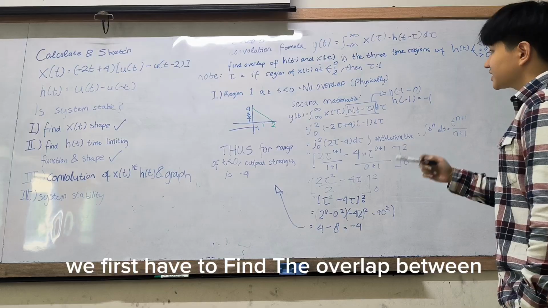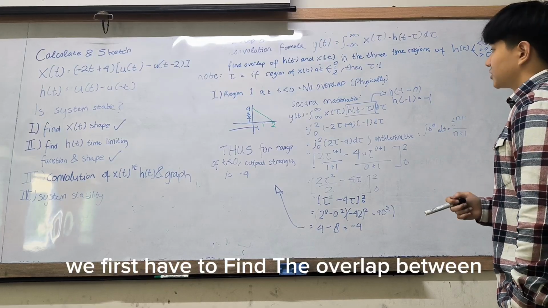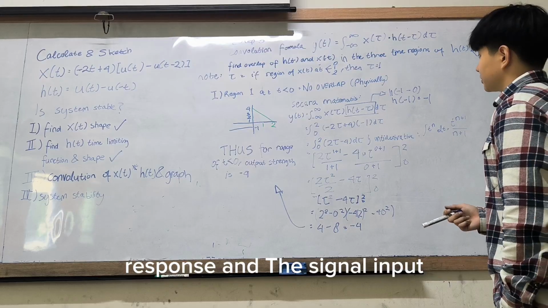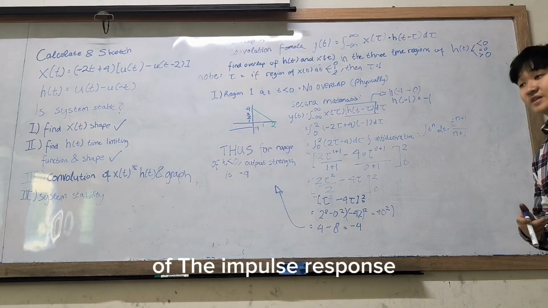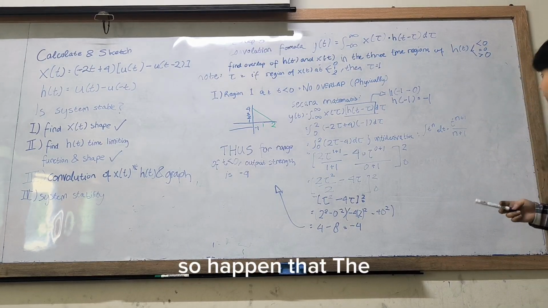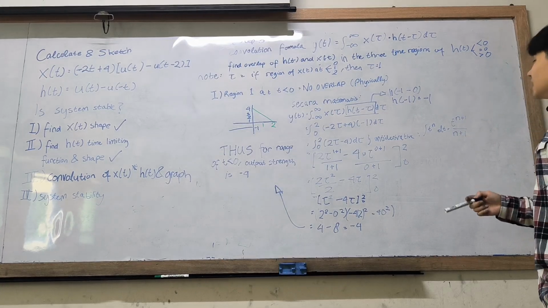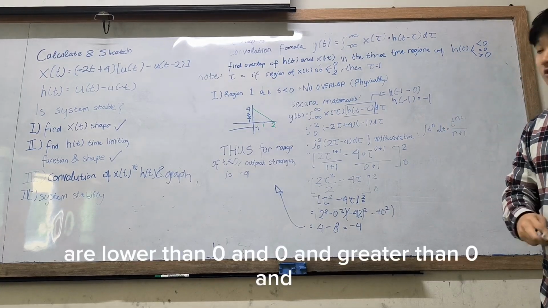And to get this, we first have to find the overlap between the impulse response and the input signal in the three time regions of the impulse response. So it happens that the time regions of the impulse response that we just found are lower than 0, at 0,